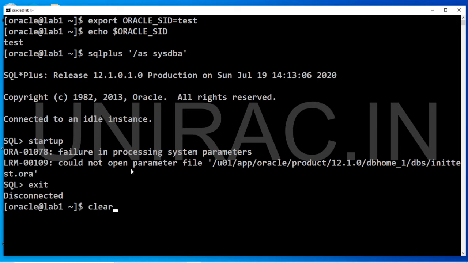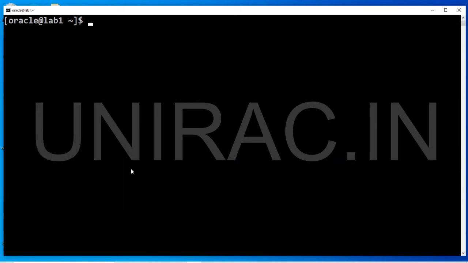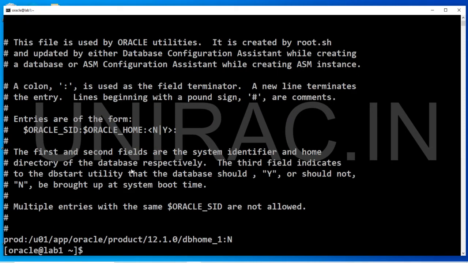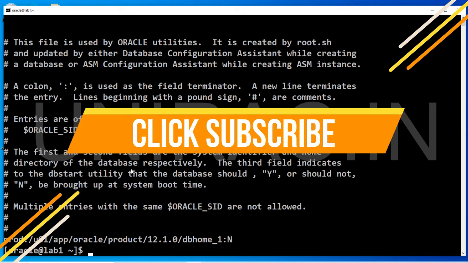Exit from SQL. First check whether the test database exists from the oratab file. You can read your oratab file using the more command. You can see only the database prod. We might think the entry was not added during installation or when creating the database with DBCA, because without executing root.sh the entry will not be added.